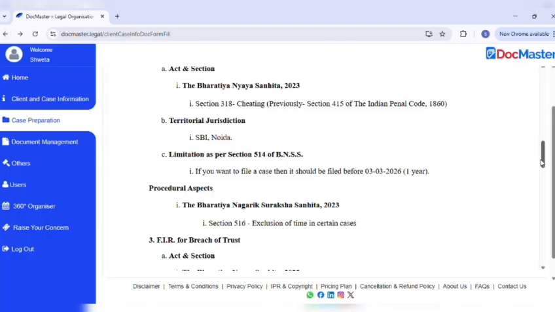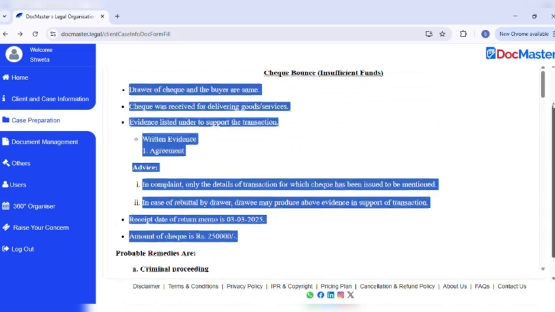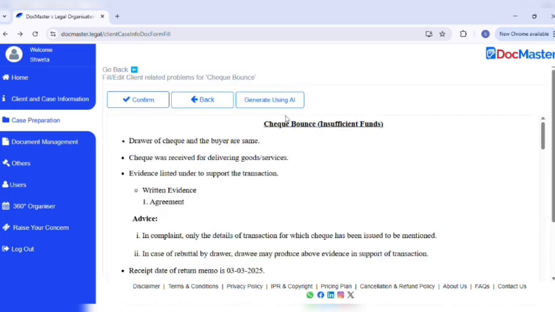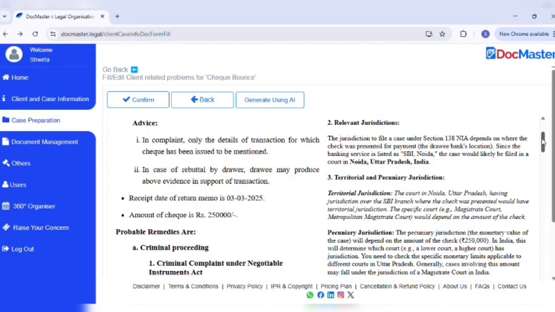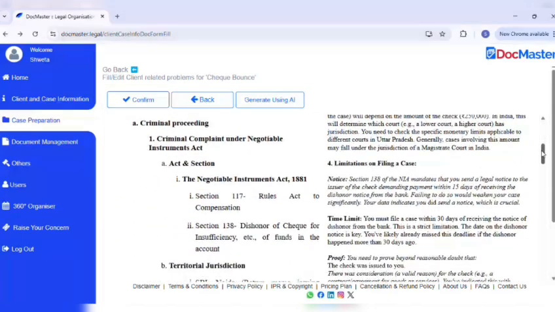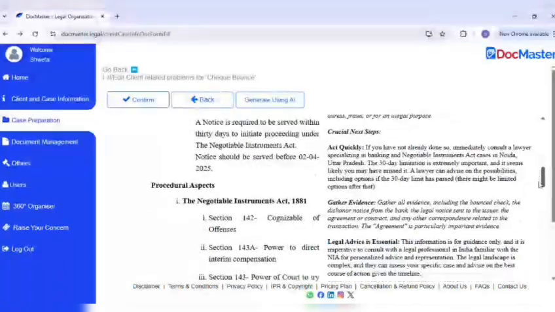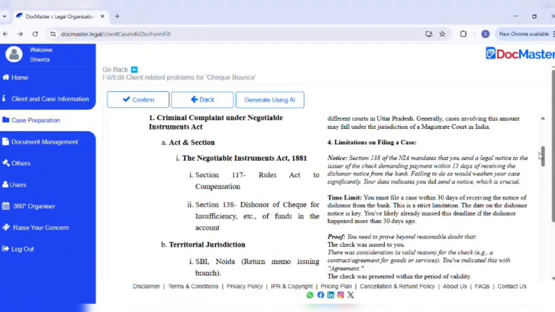Coming back to the same problem info, here there is another option of generating the same information using AI. So when we click on generate using AI, you can see there is another output with acts and sections, relevant jurisdictions, and other information related to the inputs given by your client. Now it's your choice which information you want to go ahead with. On clicking on confirm,